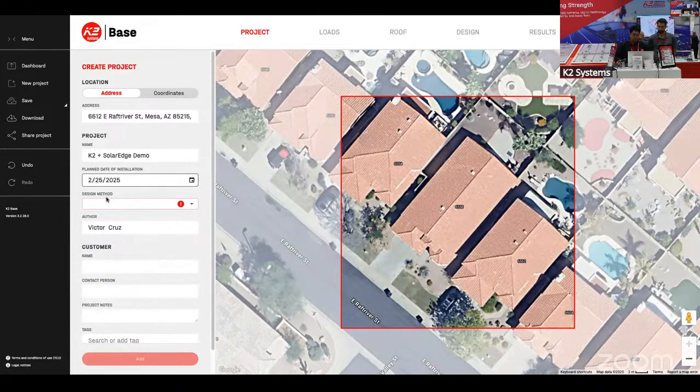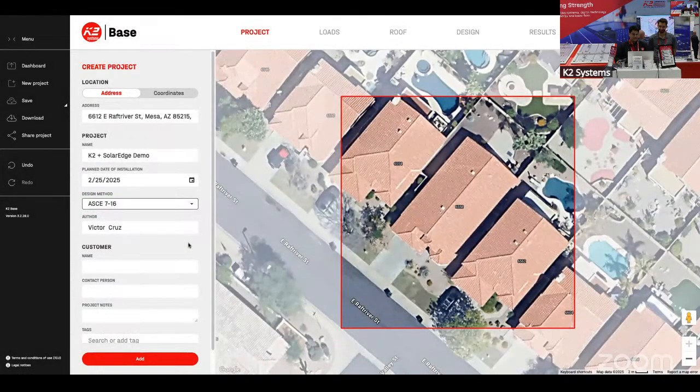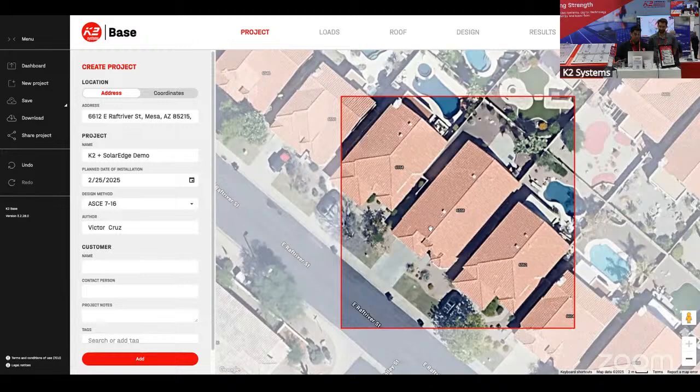One of the most important things here is to select the design method. We are going to select AC716 for this example, but for your information, we are working on the integration of the AC722. Okay, you can see your name here,